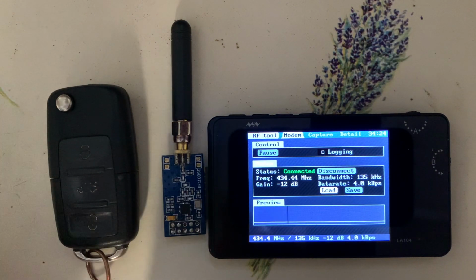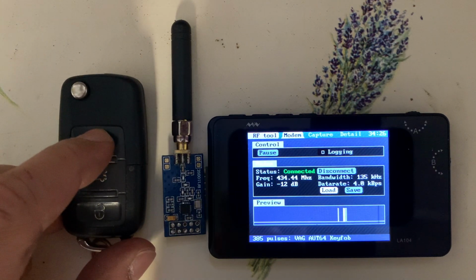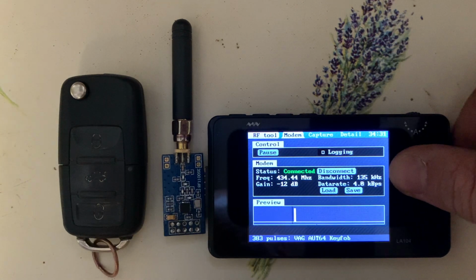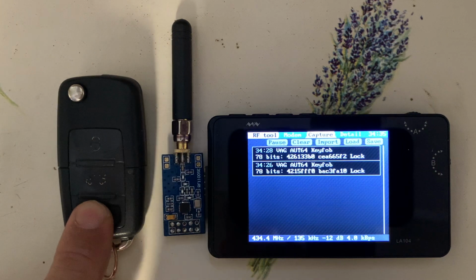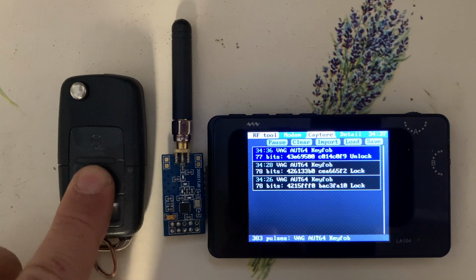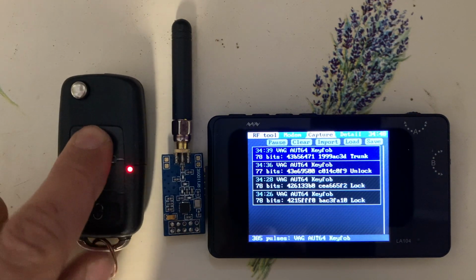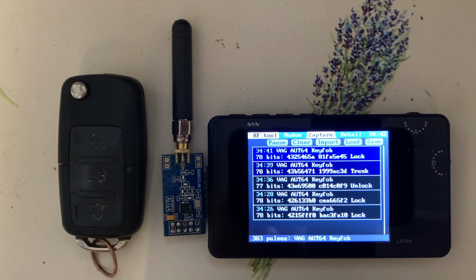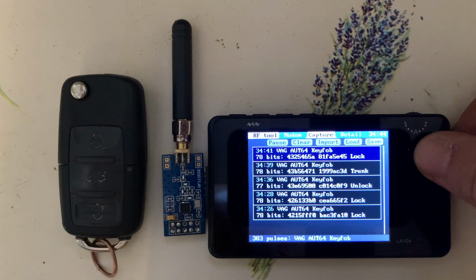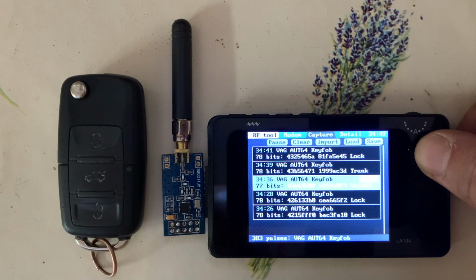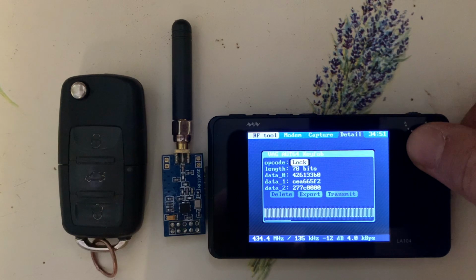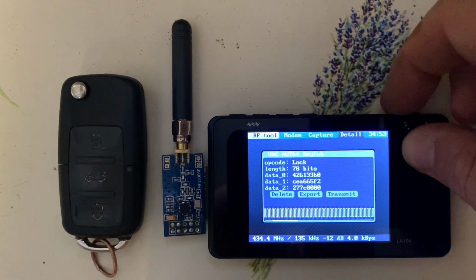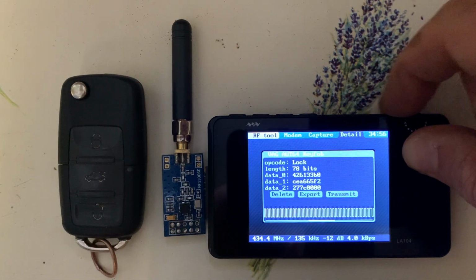This tool is also great for replay attacks, even for the rolling code keys which transmit different code every time they are pressed. Here we can see the codes after pressing all of the buttons. The application clearly identifies codes for locking, unlocking and trunk opening. Right in this application we can examine the demodulated code in form of hexadecimal numbers and see the timing of the signal. At the first sight they look like random numbers, but they are just symmetrically encrypted with algorithm called AUT64. We can also store multiple signals and transmit them later to perform the replay attack.